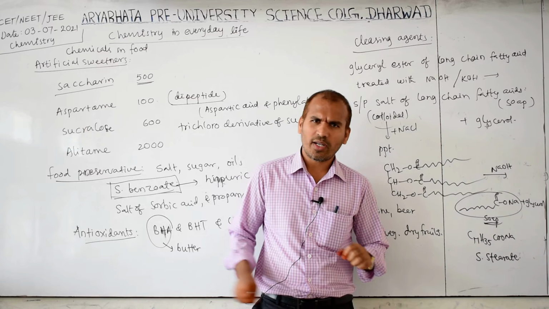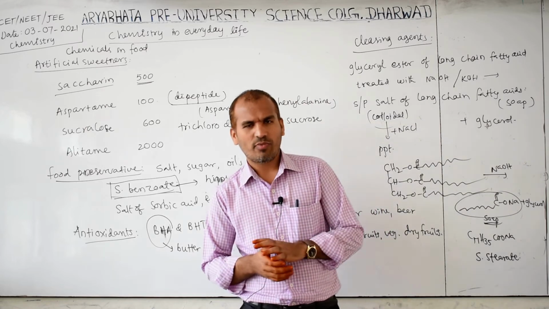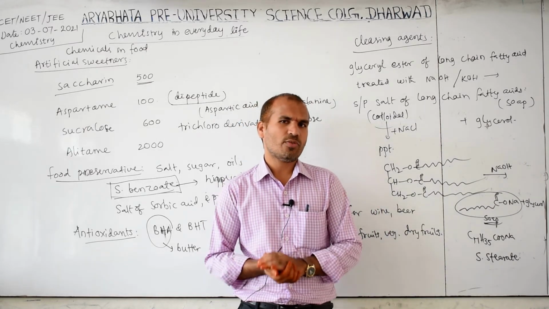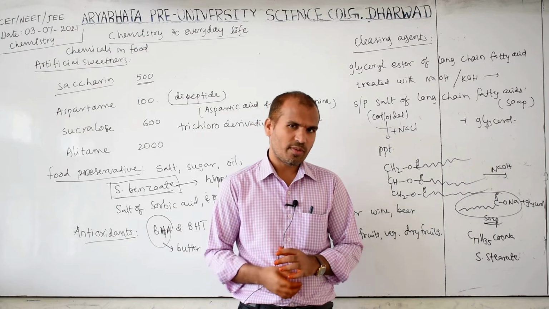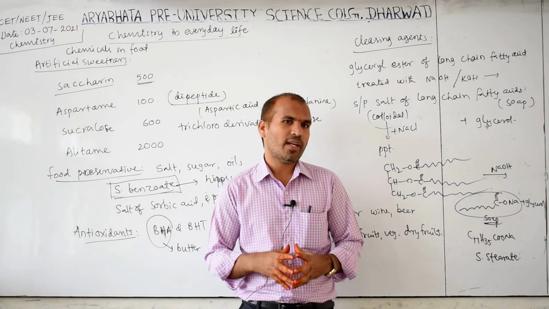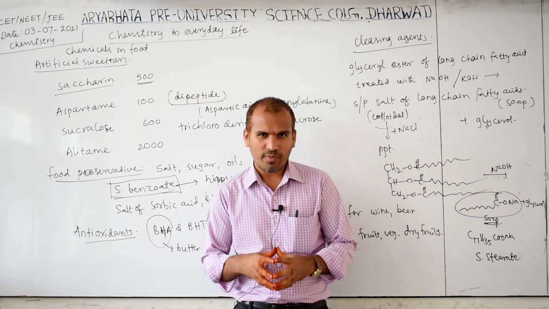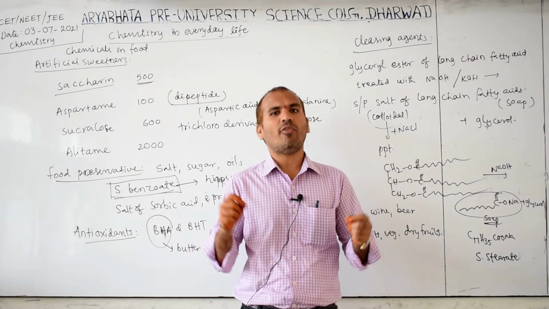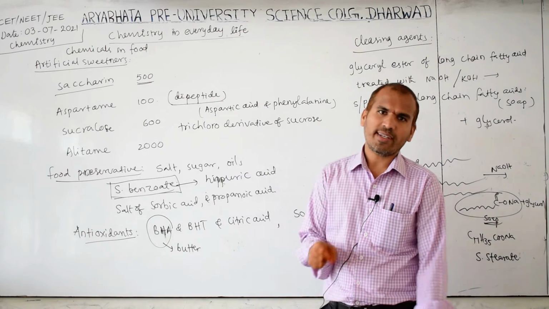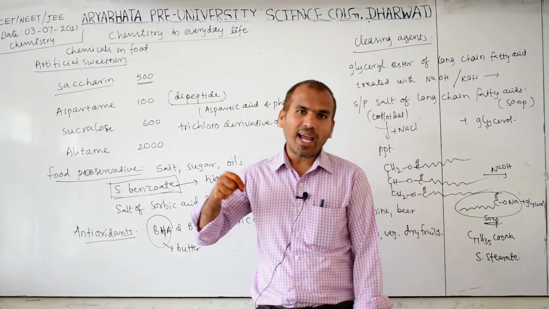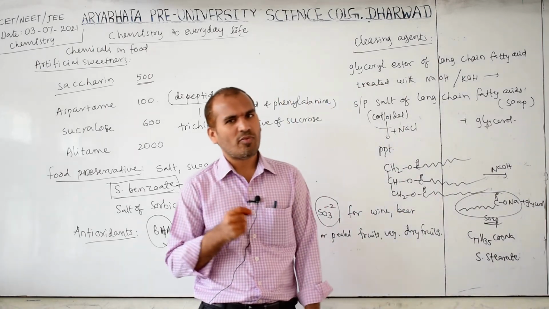One is toilet soap, another is floating soap, another is transparent soap, another is medicated soaps. Medicated soap means Dettol soap, and another is Savlon soap. Like this you may have observed, these have some medicated values, meaning antibiotic and antiseptic agents are added into that soap. So some medical values also.